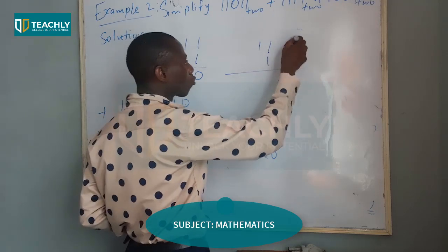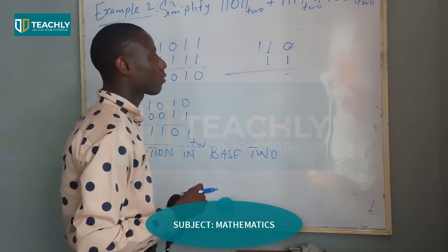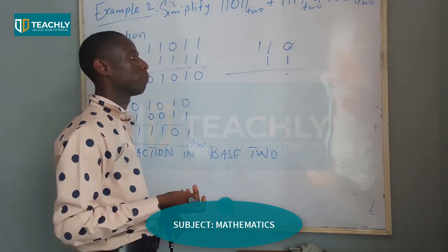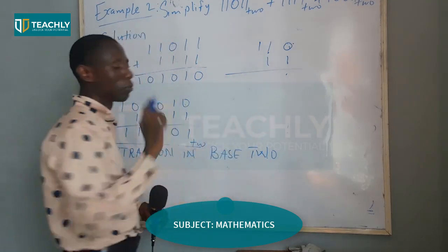When you come here, it turns to 2. So you can now say 2 minus 1. So that's the way we subtract in binary. So if you want to subtract, any digit you are carrying will represent